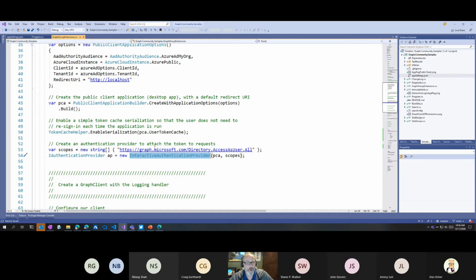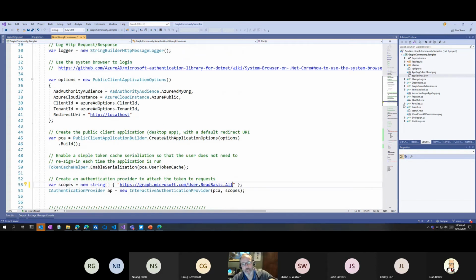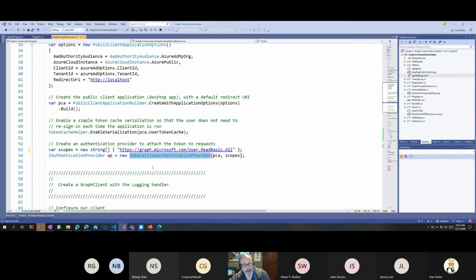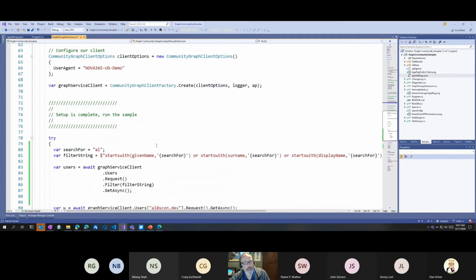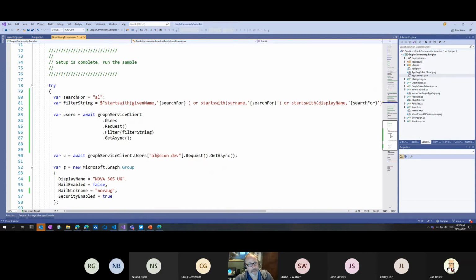Now, I'm going to change this to user.readbasic.all, because when I make the request for the scopes, I want it to use the same one that's been consented. So that's my setup. This is all I need to do, right? I configure my public client, again, using the libraries provided by Microsoft, the MSAL library and the Microsoft Graph SDK. I create a public client application, tell it I want to use the interactive authentication provider, and then I create my graph service client. When I have my graph service client, I get IntelliSense that will tell me all the different things that I can query.